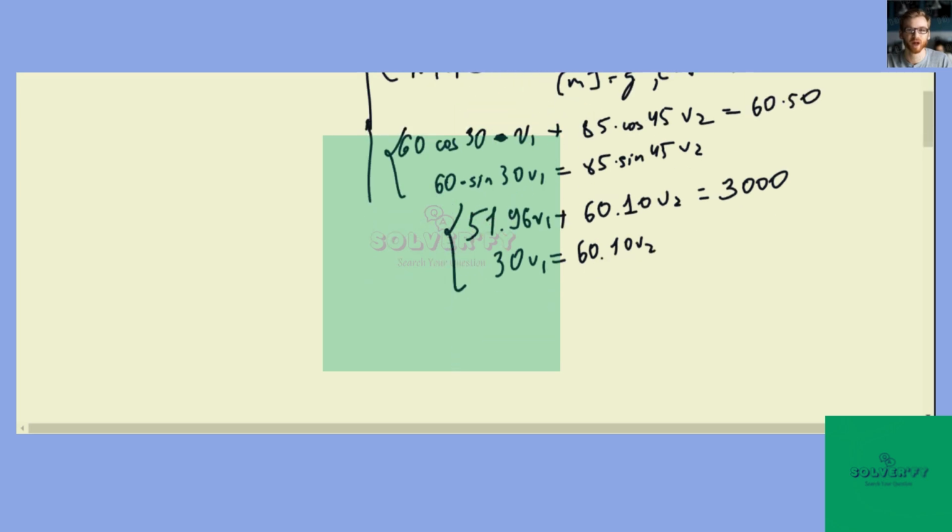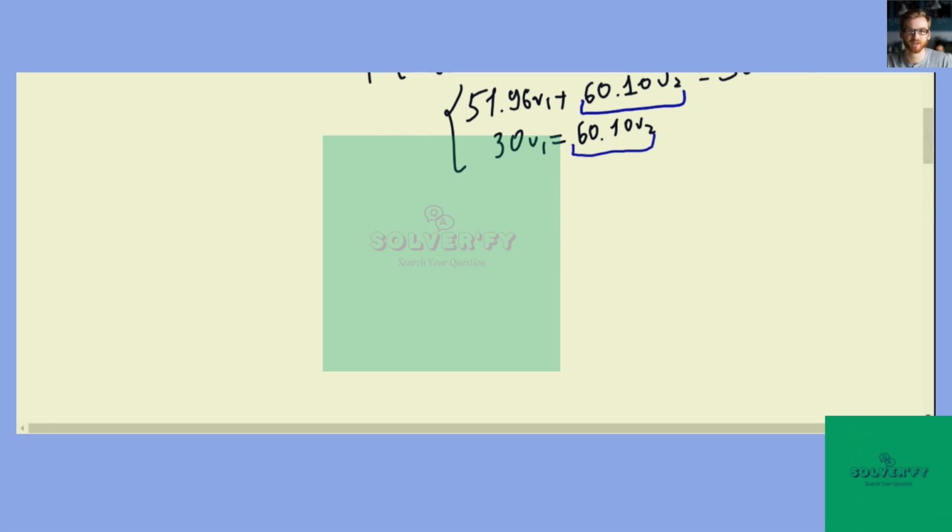So we have a system of two equations now with coefficients, and the nice thing about the system is that the second angle was 45, which is why this number equals this number. So let's do the substitution. 51.96 v1 plus 30 v1 equals 3000. Then v1 equals 36.6